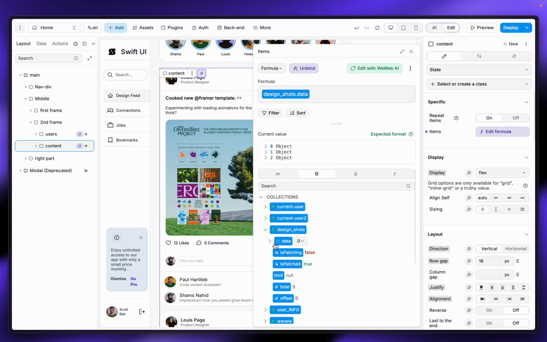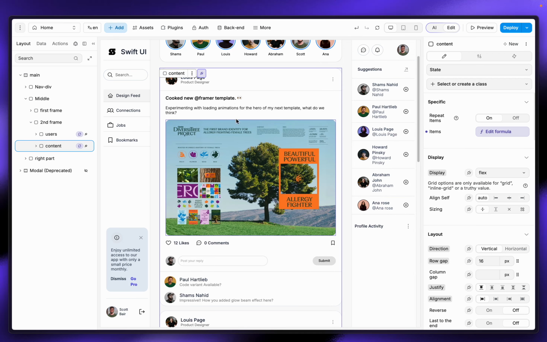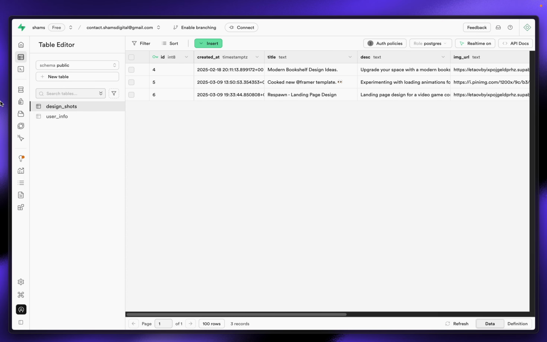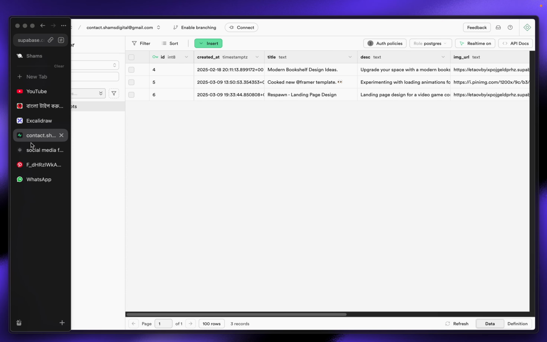I just bind that and it will display all the shots or designs it has, like a repeat option. But this one coming from a single database from here, this one, but it's not containing who